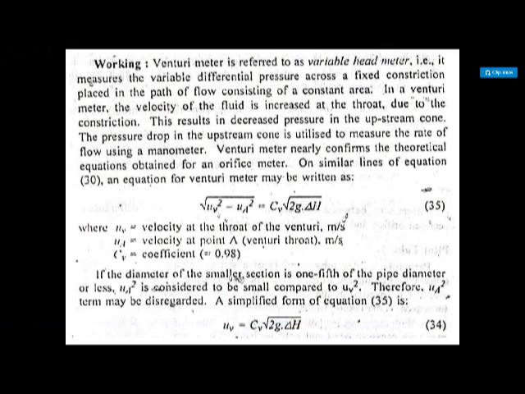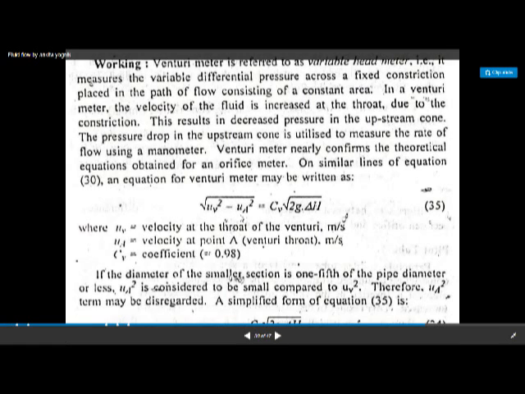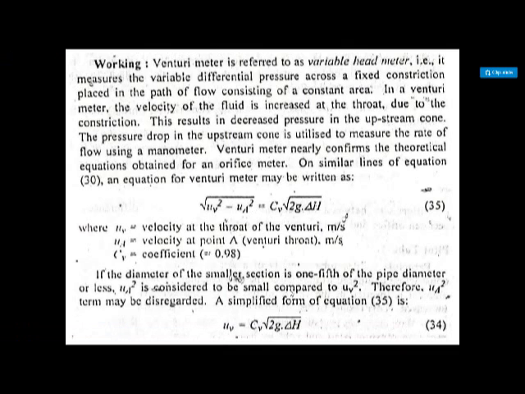Cv is the constant. So again the diameter of the smaller section is 1/5 of the pipe diameter. अगर वो जो थ्रोट है वेंचुरी का, वो अगर 1/5 है डायमीटर में compared to the pipe, then Ua is considered as negligible. और ये टर्म इसको तुम डिलीट कर सकते हो and you will get the equation, that is Uv is equal to Cv under root 2g delta h. Therefore Uv is equal to Cv under root 2g delta h, right? So ये equation तुम्हें इसमें मिलेगा.